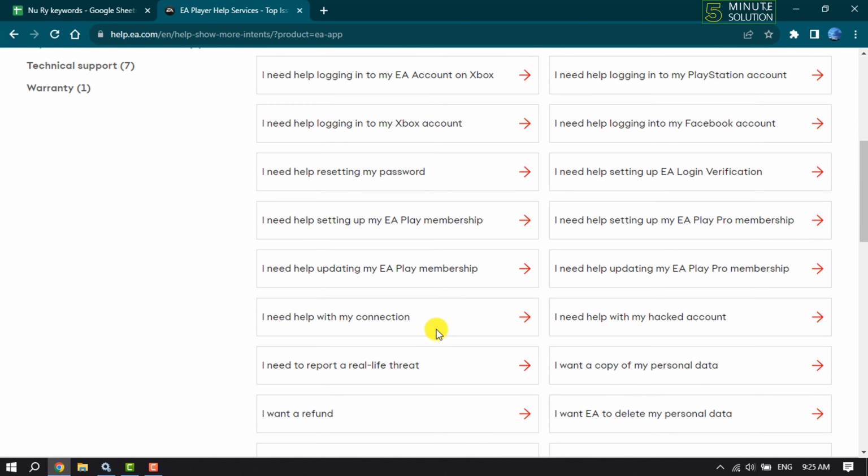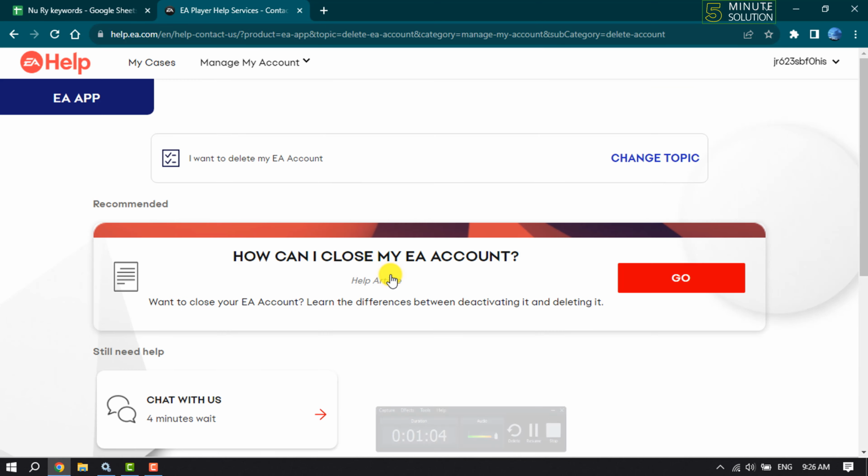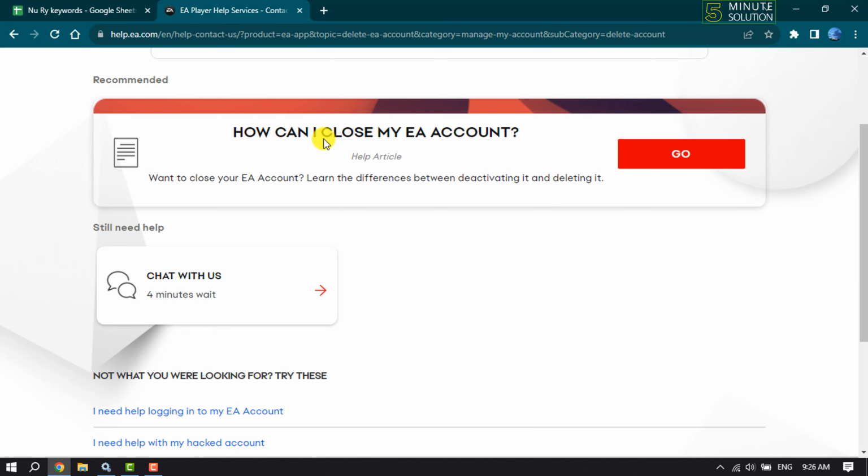and here scroll down and search for I want to delete my EA account. Now click on it. And how can I close my EA account? Now all you have to do is just click on chat with us,